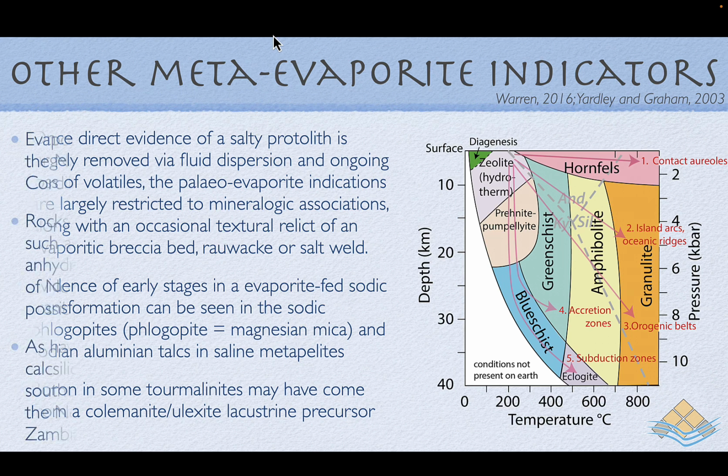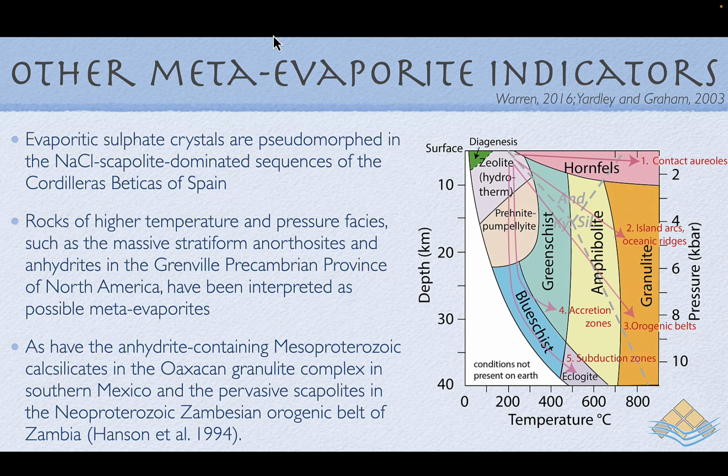We may see evidence preserved of the protolith as pseudomorphs. For example, there are sodic scapolite dominated sequences in the Cordillera in the Betic of Spain, which preserved sulfate crystal outlines of both gypsum and anhydrite. We may preserve anhydrite. Remember I said anhydrite is stable in the metamorphic realm up to temperatures of 1200 degrees, and so we see